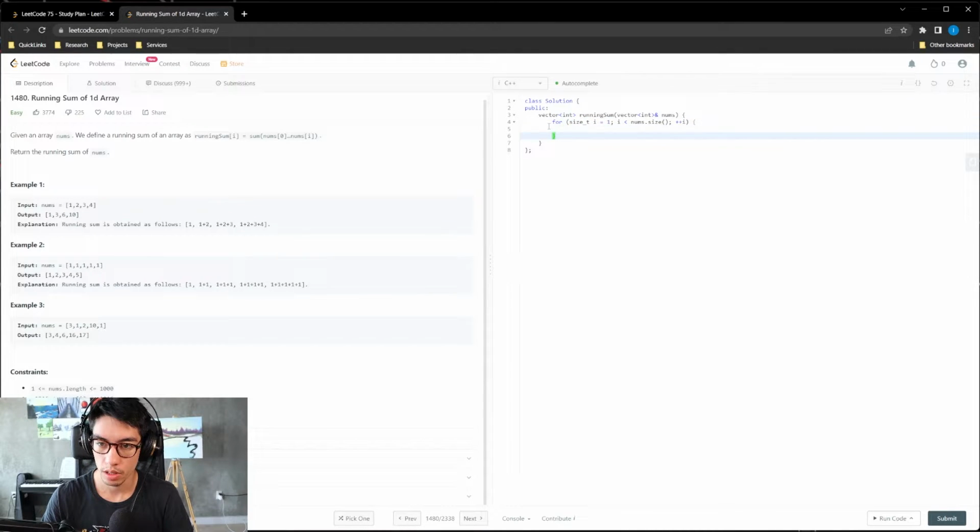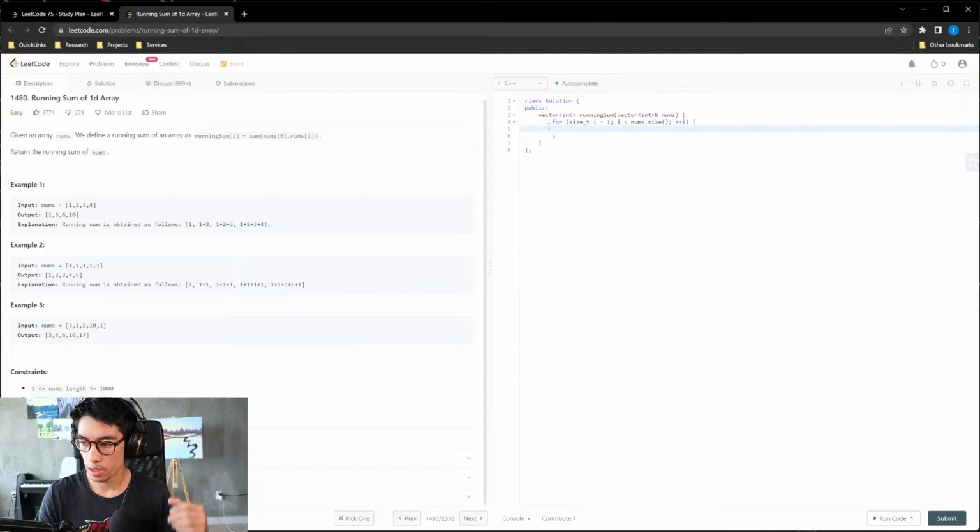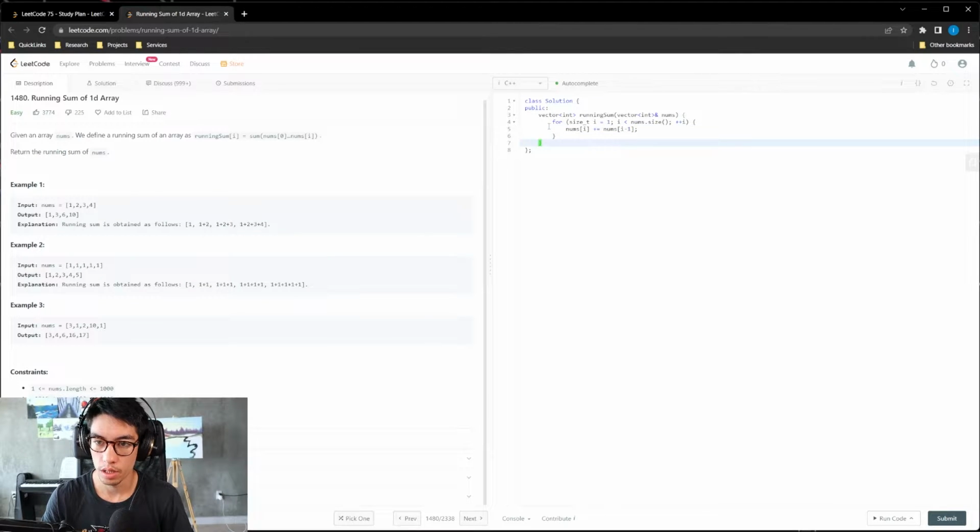So we'll start at 1 because there is no -1 index, and then we'll just do nums[i] += nums[i-1], and then return nums.